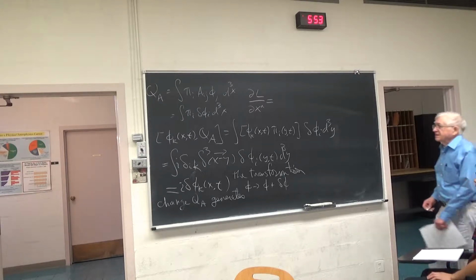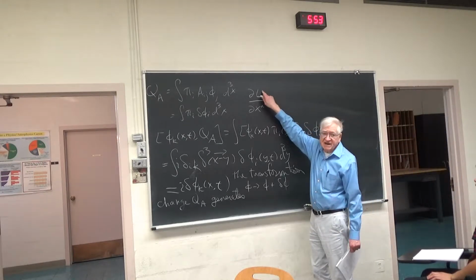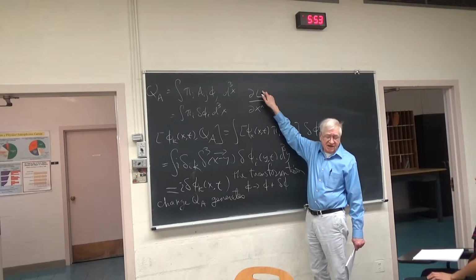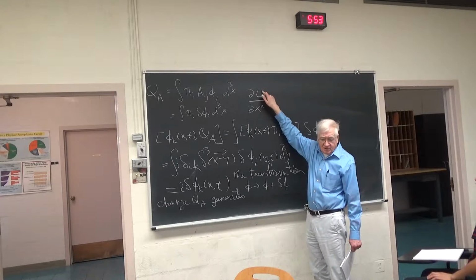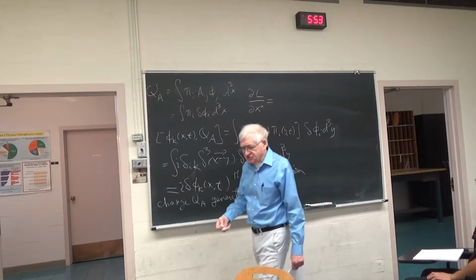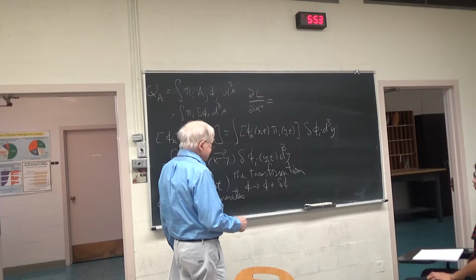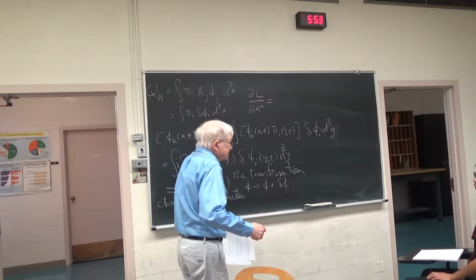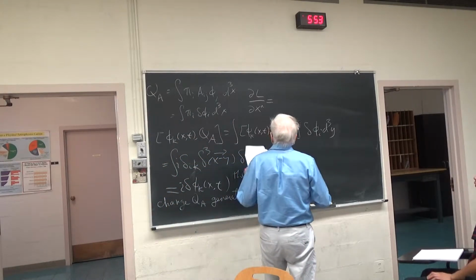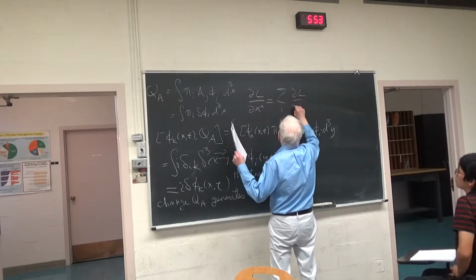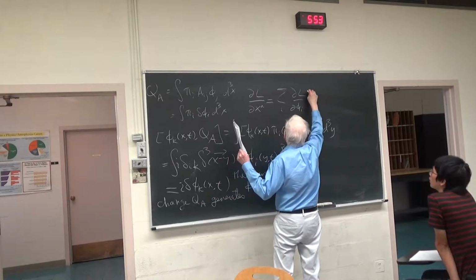That is to say that the Lagrange density does not have in it the space-time point itself. So in other words, the Lagrange density is invariant under translations in the sense that it only changes because the fields change. And so this is a sum over i of partial L, partial phi_i times